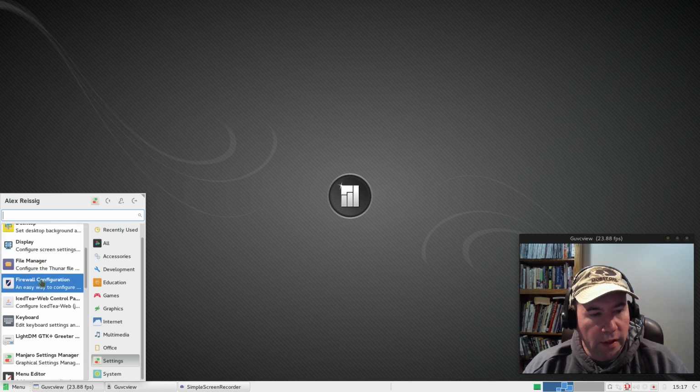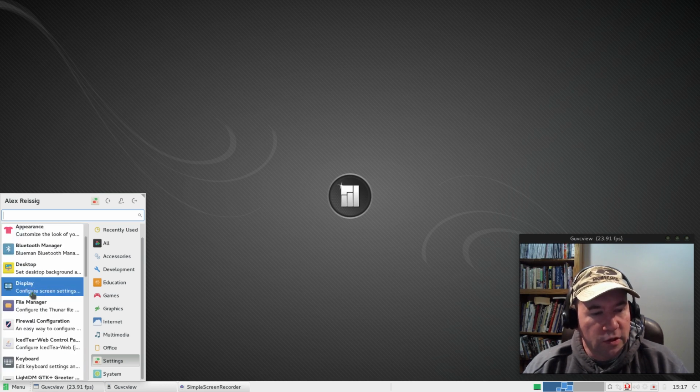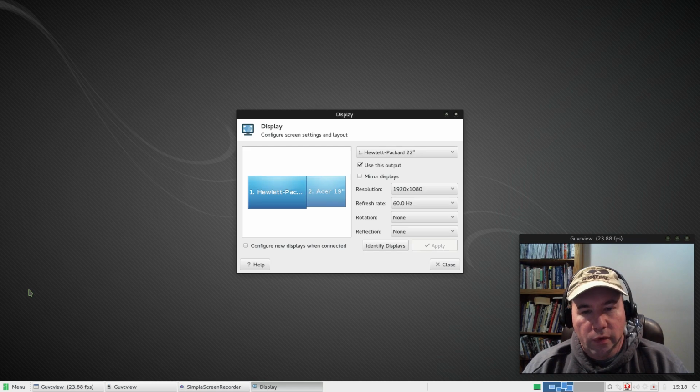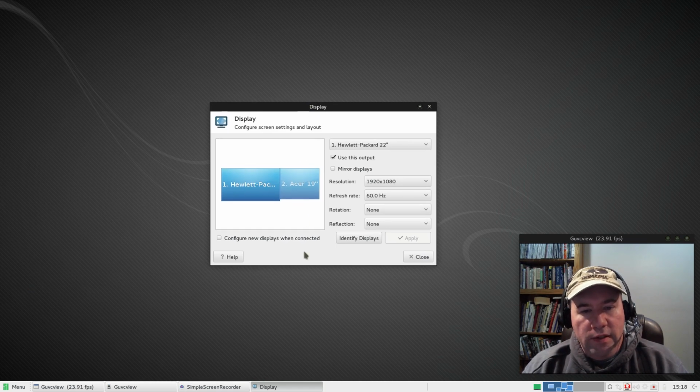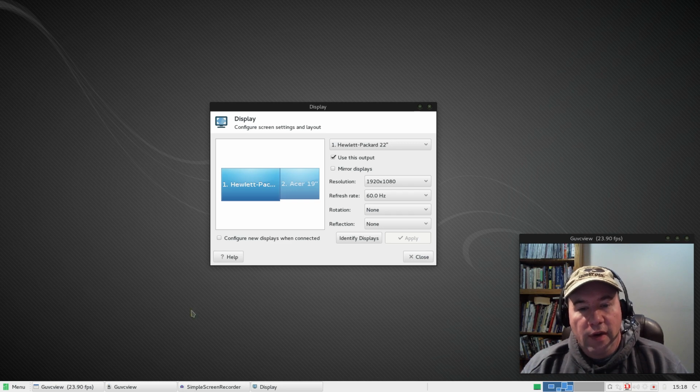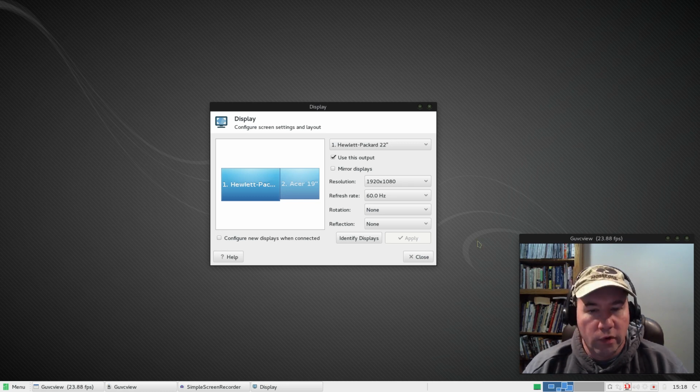Where were we? Okay, configuring display. Here's one. Let me go and pull this up. And you can see I run two monitors. This one right here that says Hewlett Packard, that's my main monitor, what you're actually viewing on the video. And then I've got a secondary monitor that, when I'm doing the videos, has the controls for my webcam viewer, the screen recorder, that sort of thing running over there. So while it's running, you don't actually see it. But anyway,